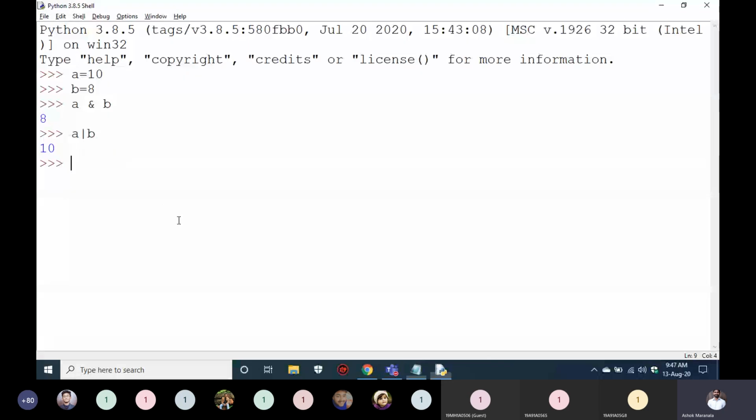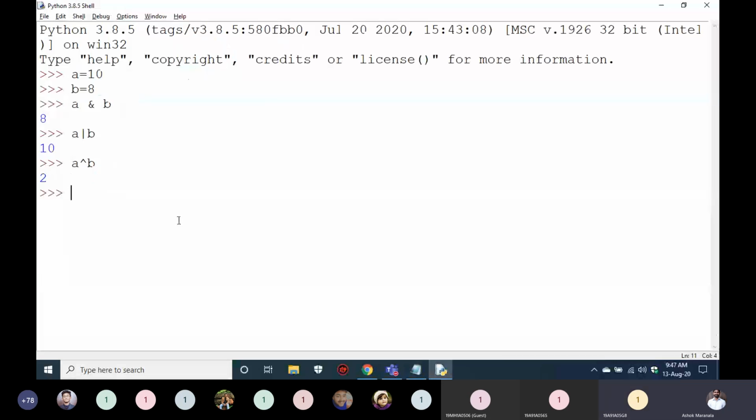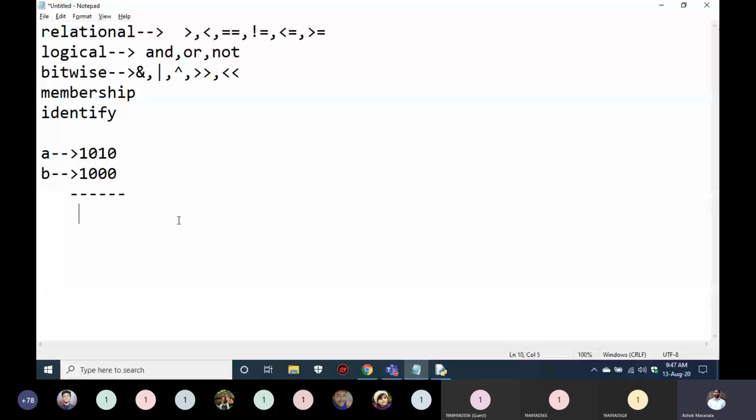What about A XOR B? Okay, I got 2. Now how is it working? It is somewhat similar to OR but not exactly the same as OR.